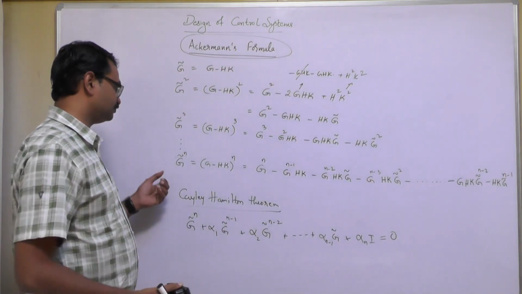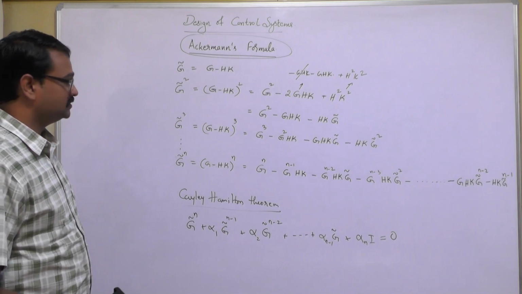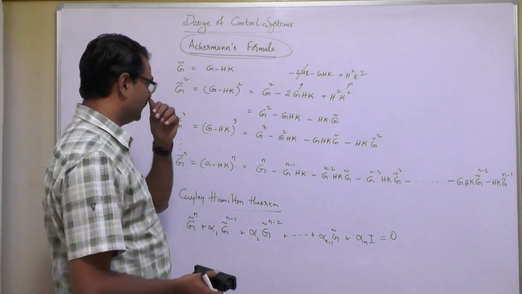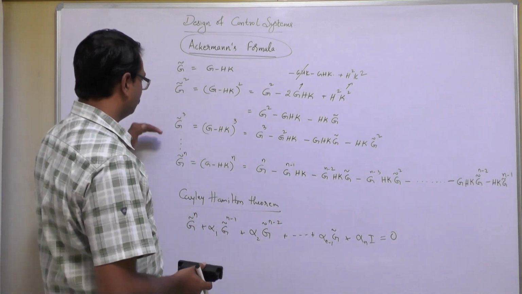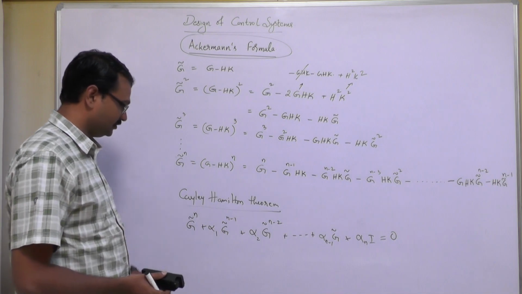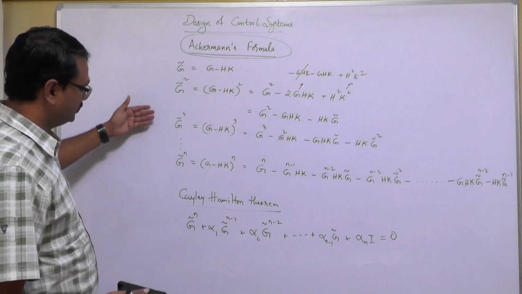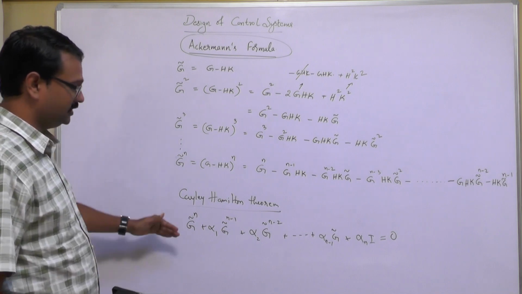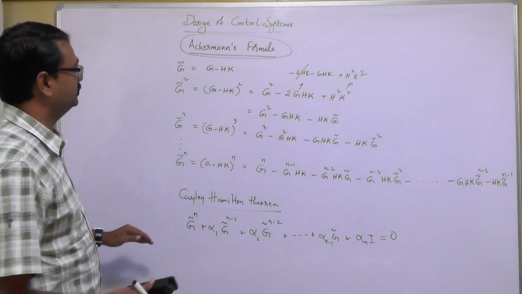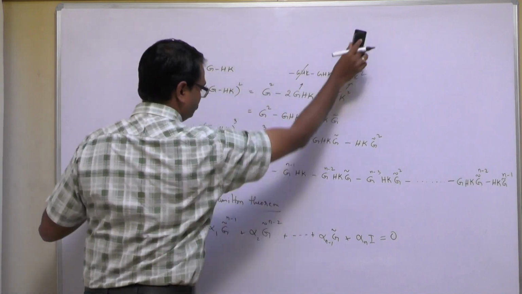Now this is our characteristic equation, right. So if you substitute it here, you can have that value, all the different values. So Cayley-Hamilton theorem, we will be substituting it here. Now what we require to do is, we require to substitute these in this equation. When we substitute this in this equation to find the Ackermann's formula,